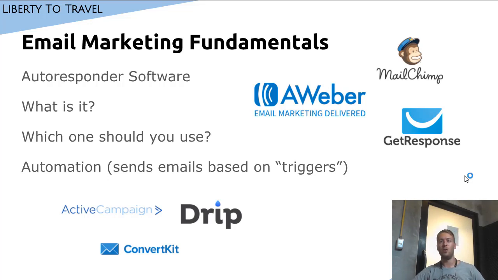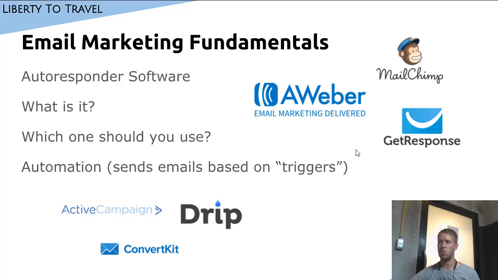So which one of all the available options should you use? There are many autoresponder softwares out there, and a lot of people have a lot of different opinions on which ones are good, which ones are bad, which ones you should use, why you should use those. Myself, I have been using two autoresponder softwares pretty often in the past. Those are Aweber and GetResponse. The reason for that, so several years ago when I first started email marketing, Aweber and GetResponse were basically the biggest, the best, and the only good options on the market.